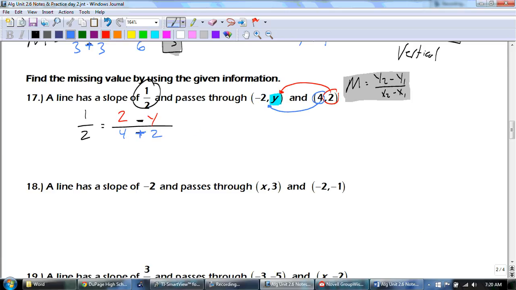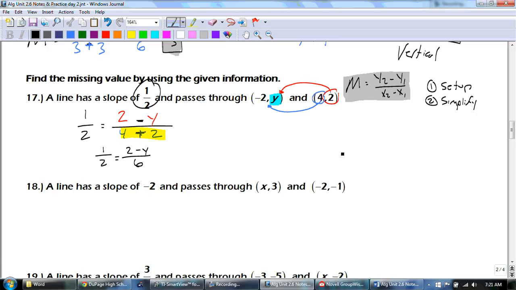What we're going to do first, after we set up, is simplify. And what do you mean simplify, Mr. Grice? Right there. So 1 over 2 equals 2 minus y,